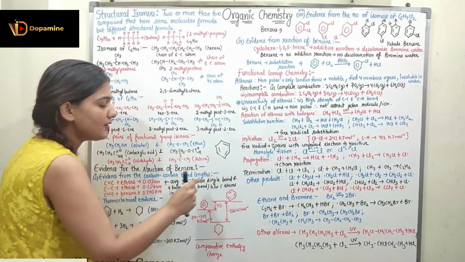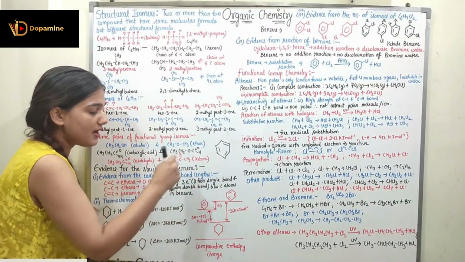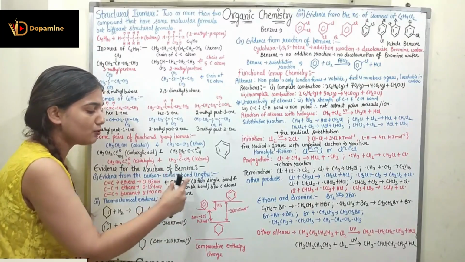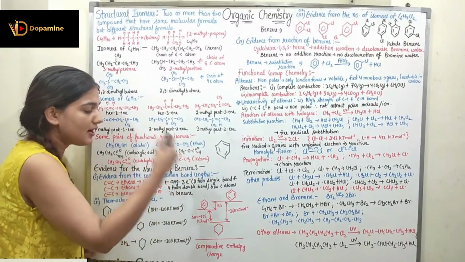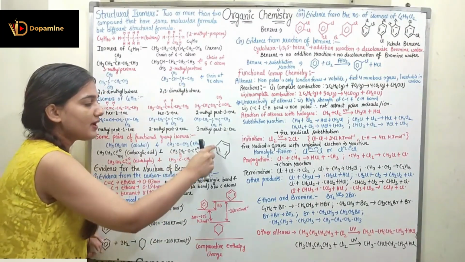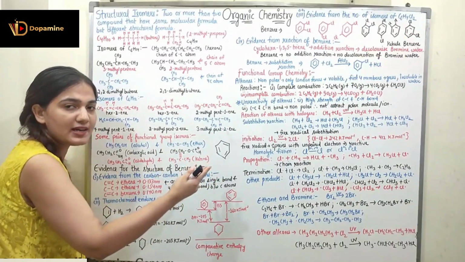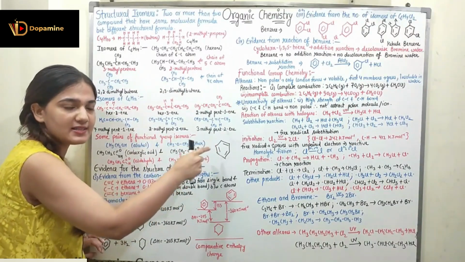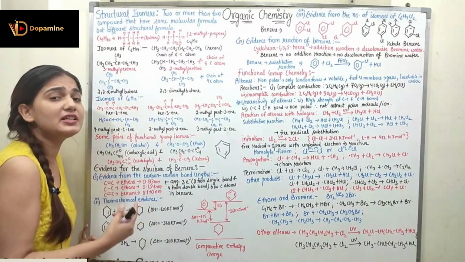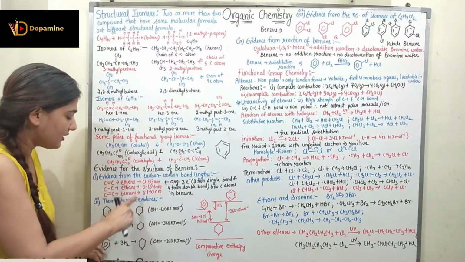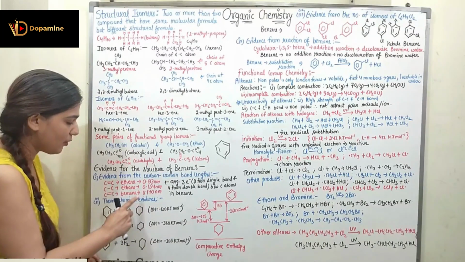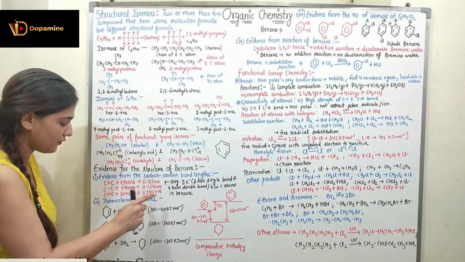If I see a single bond, it will be having 2 electrons. If I see a double bond, it will be having 4 electrons. If I see the average of 2 and 4 electrons in benzene, it will be having 3 electrons. So here neither do I have 4 electrons nor 2 electrons for a bond in benzene. I have an average of 3 electrons for each bond, due to which the length of the carbon-carbon bond is also in between the double bond and the single bond, which is 0.140 nanometer.